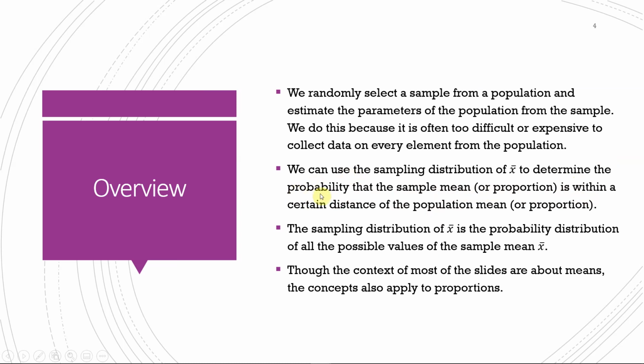Well, probability distributions help us calculate probabilities. So what we can do is use our sampling distribution to calculate the probability that that sample statistic that we just calculated is within a certain distance of our population mean. So that's actually kind of informative, right? Ultimately, we don't really care about the sample, we care about the population. But we use the sample to calculate some type of estimate of the population parameter.